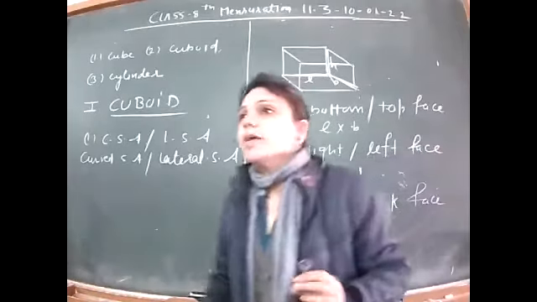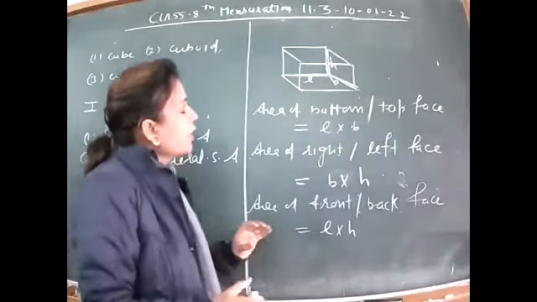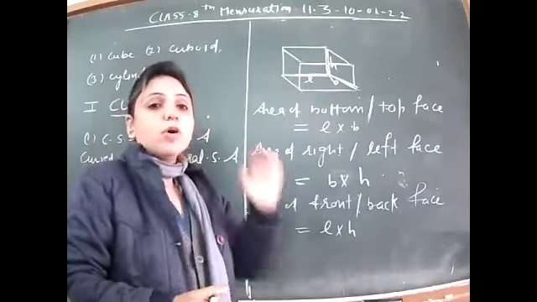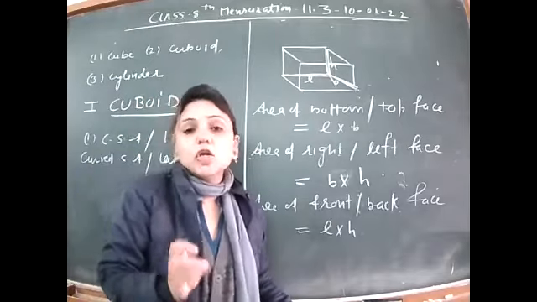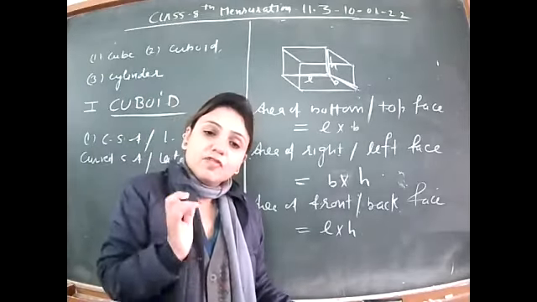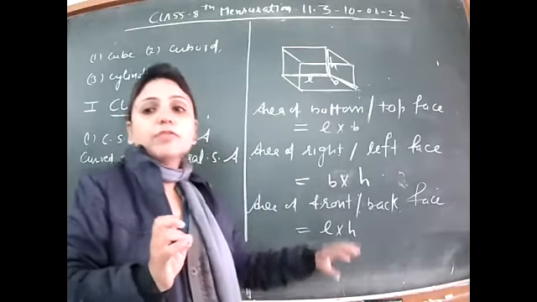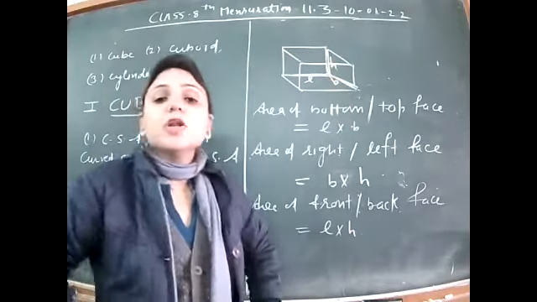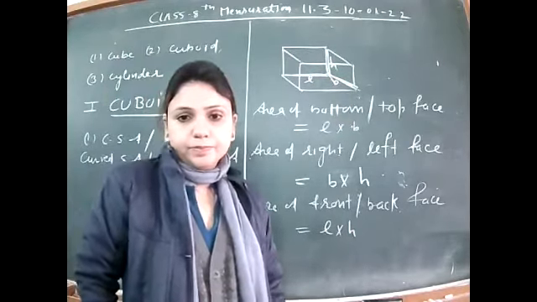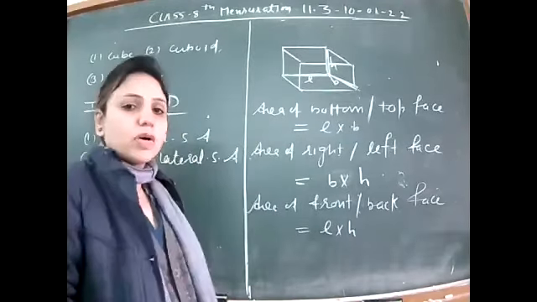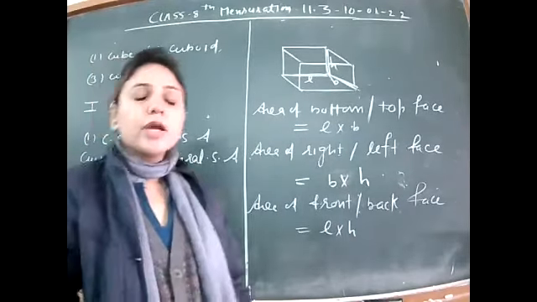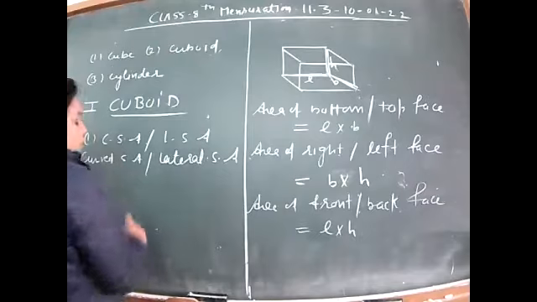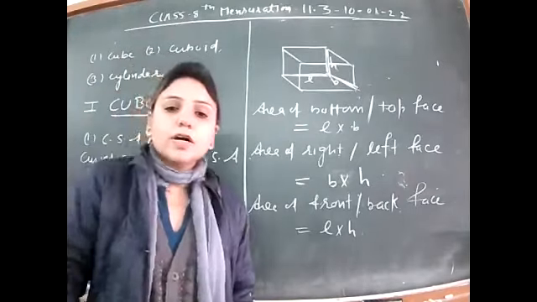सबसे पहले तो this is very important, rather this is more important that we should know the area of the top and the bottom face. Top and bottom face के areas में L and B use होता है. This you have to remember very carefully. When I am talking about area of the top, it will be including length into breadth. When I am talking about the area of the base, it will be including length into breadth. बाकी में तो आपको ना भी थोड़ा बहुत पता होगा तो चलेगा, क्योंकि top and bottom ये questions में differentiate होंगे, right? So we are talking about the curved surface area and the lateral surface area of the cuboid.